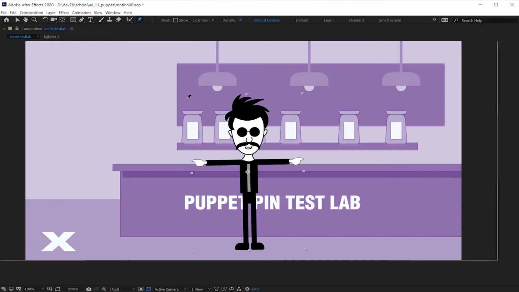Starting with the puppet pin position, where the main joints are, such as the shoulders, upper leg, and around the hip area, to anchor the character around. Things move,